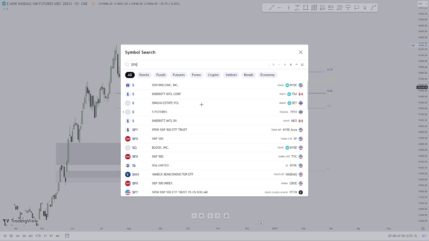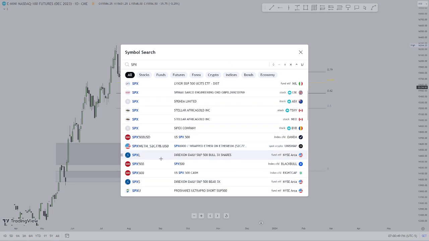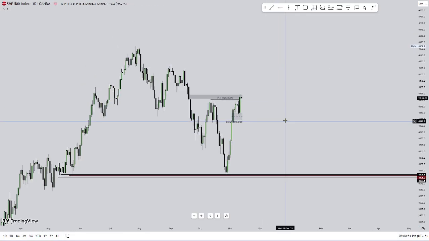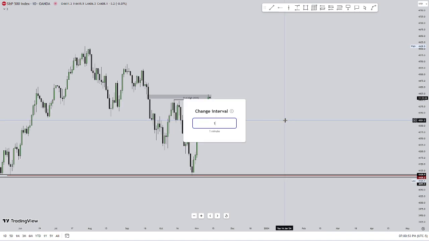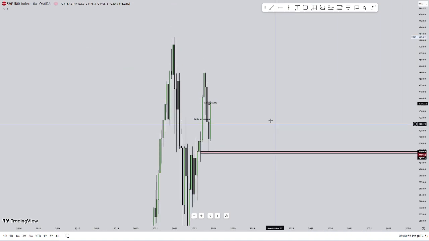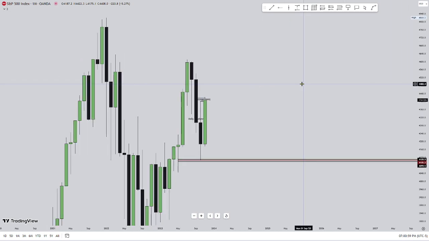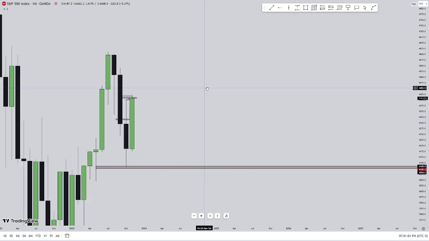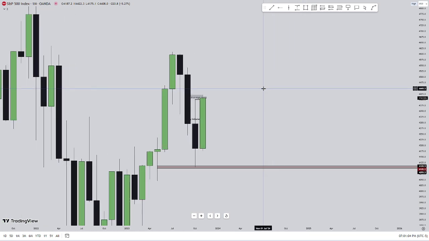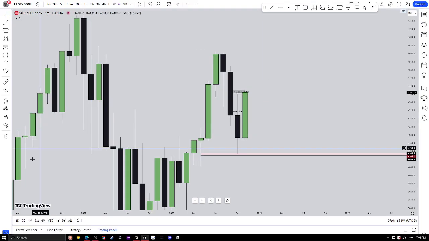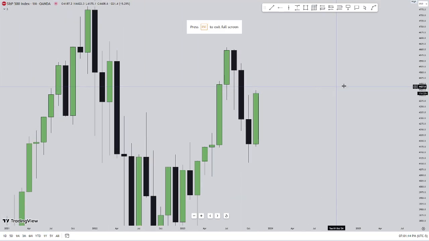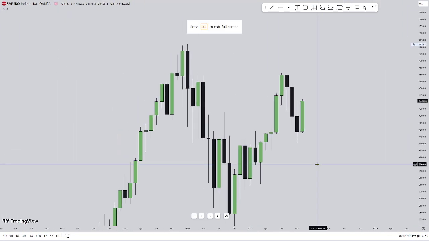So we're gonna hop on SPX right here. And we're going to start right from the monthly, like we always do. Now, keep in mind, we're not starting a new month, but we just want to look at what the monthly did after last week. Maybe did it raise prices? Did it lower? What exactly happened here? So let's go ahead and just clear this for a second, just so we have a clear graph so we can see.